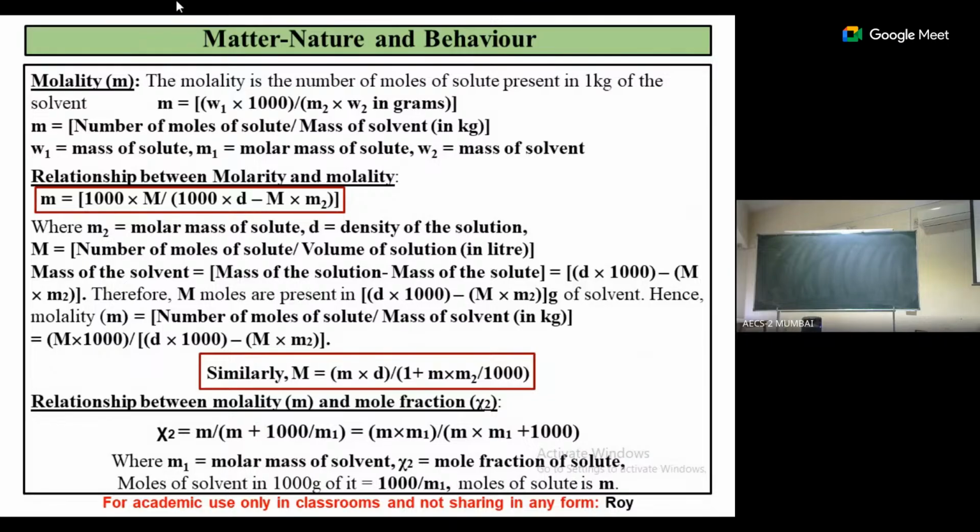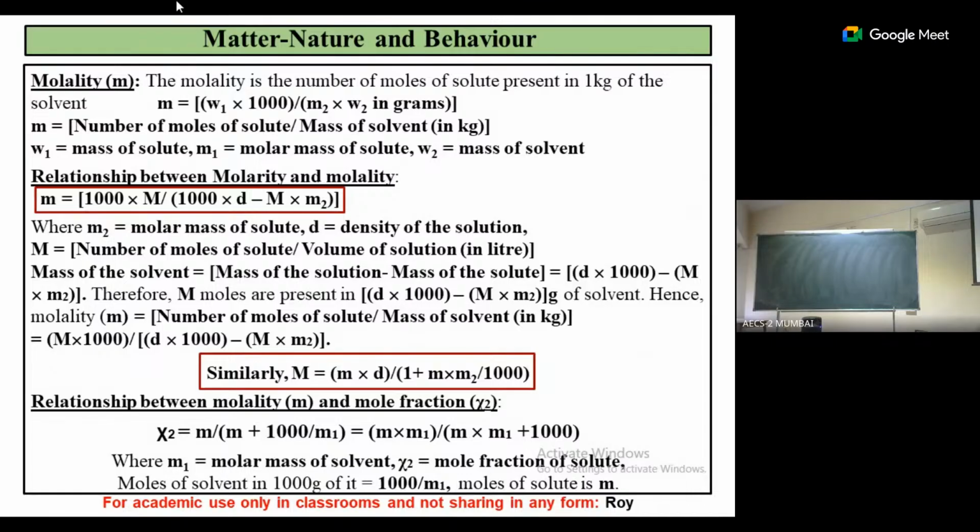And from there you have to subtract the mass of the solute. The mass of the solute is given by molarity, that's number of moles into molar mass. So that's what we have done in this bracket. Okay. So that's how you can get a relation between molarity and molality. I will not go into the details, some sketch work has been given in the slide, you can see. So the relation becomes molality equal to 1000 into molarity divided by 1000 d minus